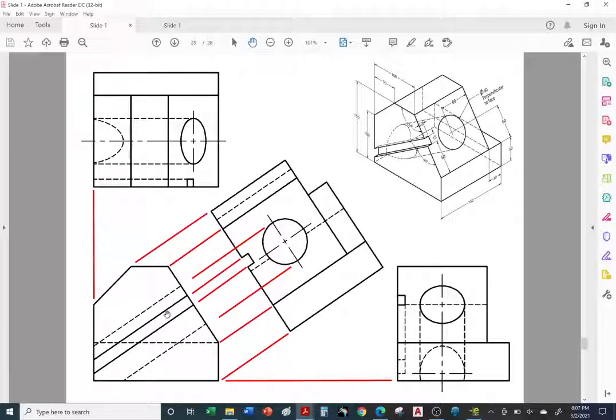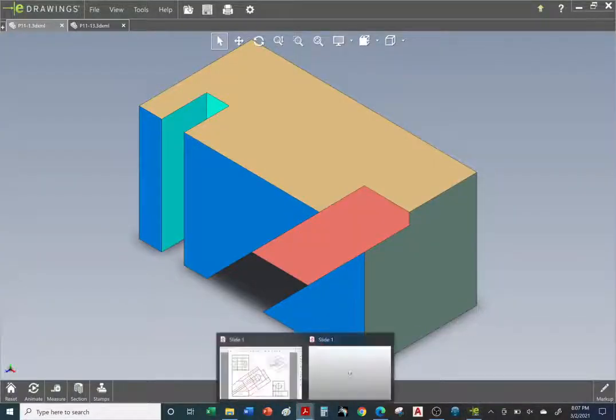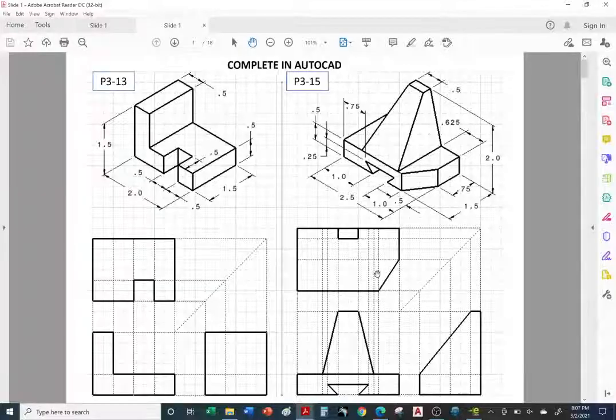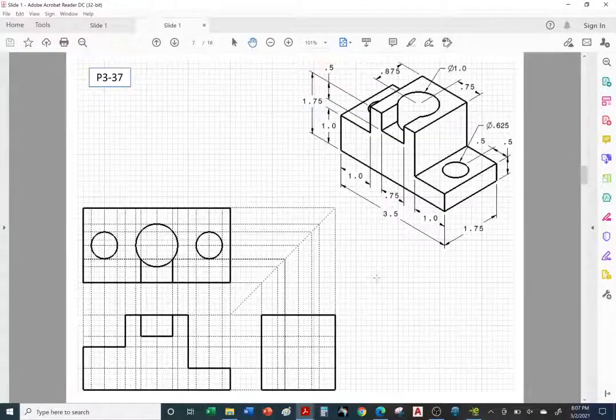In this case, we're going to tilt and rotate 90 degrees and step back, and this is the view we get. Okay, so let me demonstrate that using your last two problems in the handout. Okay, so if we were to go to the handout, the last two problems are